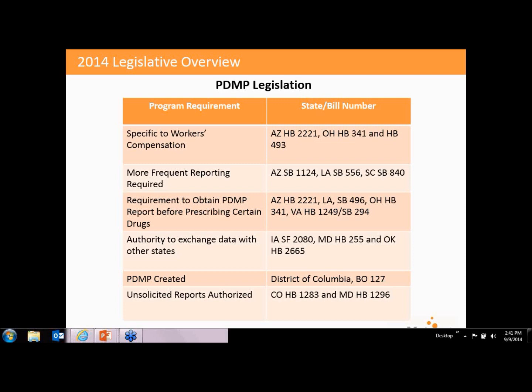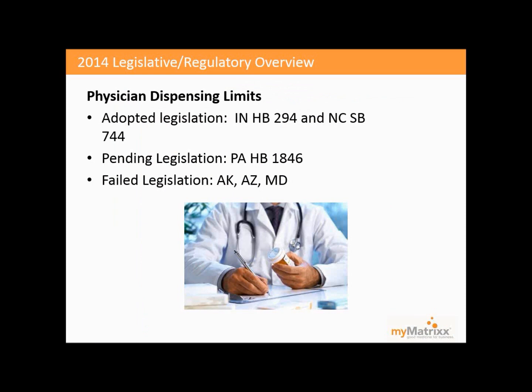In Ohio, there was a law passed that requires managed care organizations to enter into a data security agreement with the State Board of Pharmacy. And lastly, with regard to the unsolicited reports authorized, as Phil mentioned, this is a very important area. An unsolicited report means that the PDMP program has defined the criteria to identify patients at risk. And if the patient is at risk, an alert goes out to the physicians treating those patients, encouraging them to check the PDMP so that they can, in fact, determine all the drugs that the patient is receiving and not just those that were prescribed by that particular physician, which is critical when it comes to physician dispensing,